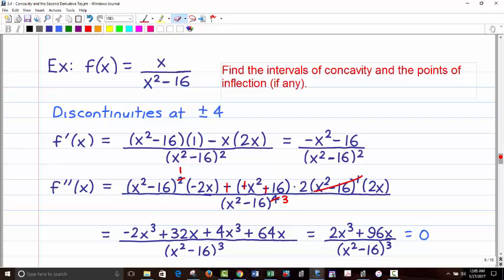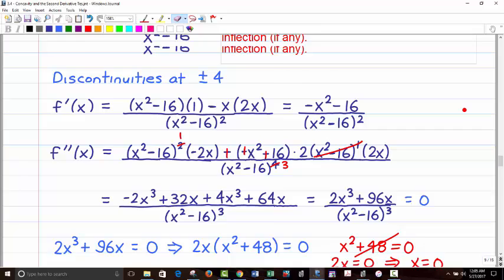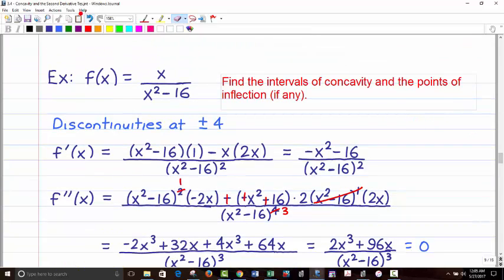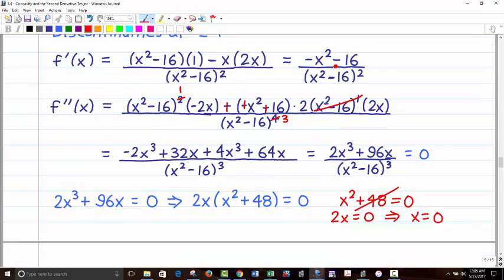Here's another one with a quotient rule. It should be very similar to the last one. Well, I hope this one actually produces some critical numbers. I'm sorry, not critical numbers, possible inflection points. I believe it does. All right, so I'm going to skip the first derivative as far as the process, and we'll start right here. Bottom times the derivative of the top, which will be negative 2x, minus the top times the derivative of the bottom, which will be 2x squared minus 16,